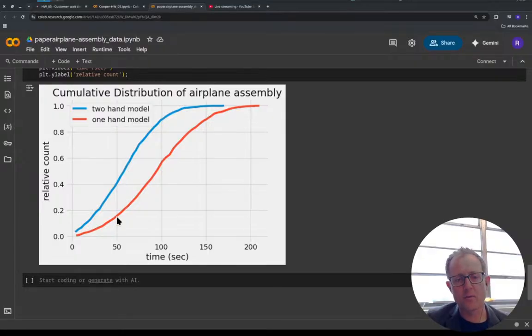Let's do this: 40% of our 2-handed folding times were 50 seconds. But for that one-handed model, only like 18 to 20% of our times were less than